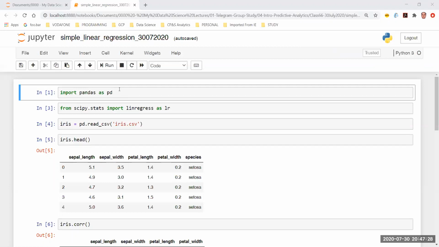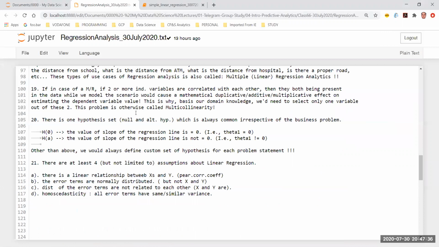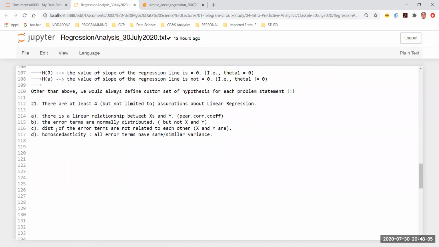But as of what we did yesterday, we looked into the use cases of multiple linear regression. Then we looked into the hypothesis, right? And then we looked into at least four assumptions of linear regression. Why I say at least four is because in different contexts of statistics, and hence in different books and different blogs, you will find different numbers of assumptions. So usually these four, the ones that you can see on the screen, are the most